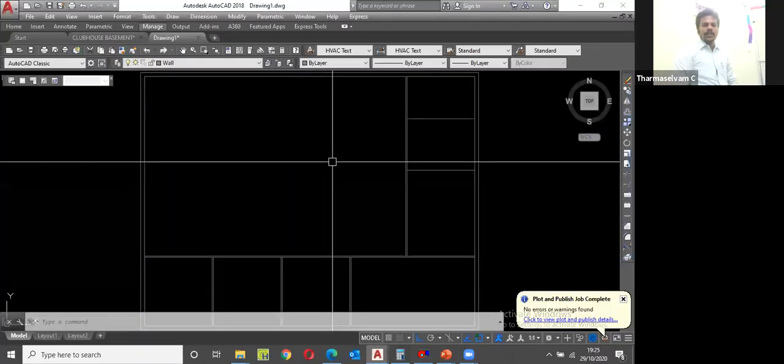WhatsApp message. Okay, that drawing you received from some other client, maybe a civil engineer or someone. They set it as custom, feet and inches. Their drawing is made that way, so you cannot change the dimension to millimeter here. If you draw in a new drawing, there you can change. That company, maybe that engineer, set it as custom, so you cannot change the units there.